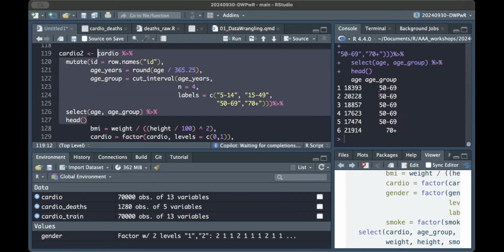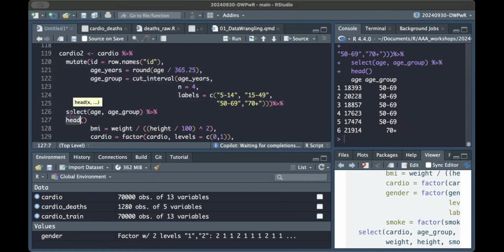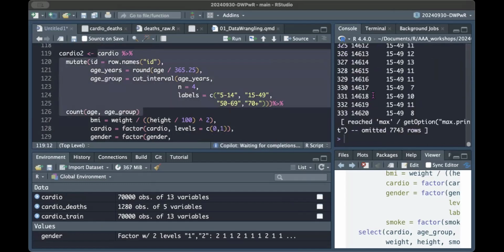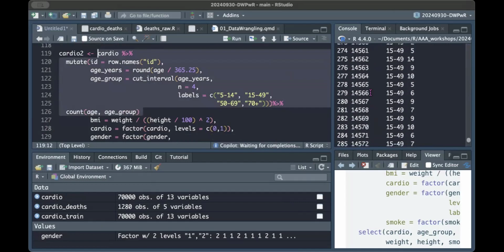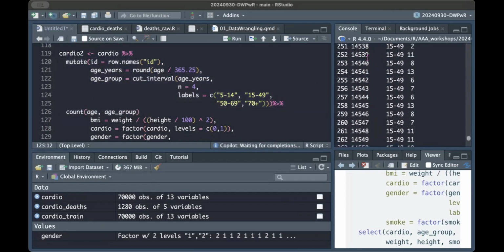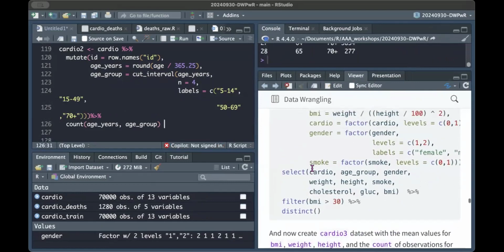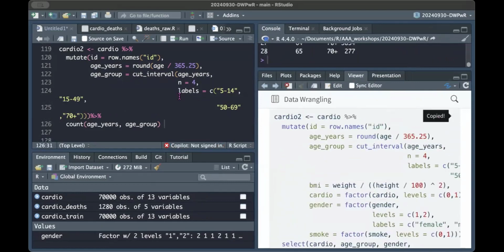Okay, so these are the first few rows, but if we do, we can use the count like this, but the age is not counting very appropriately, because age is not grouping fine. So we can use age years and age group. Now let's basically copy this again,